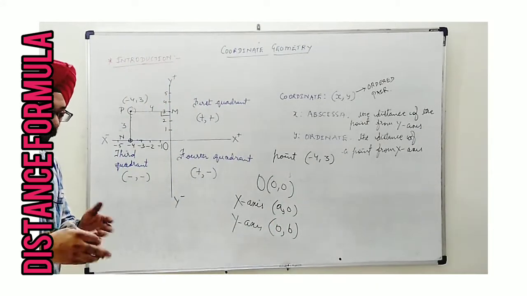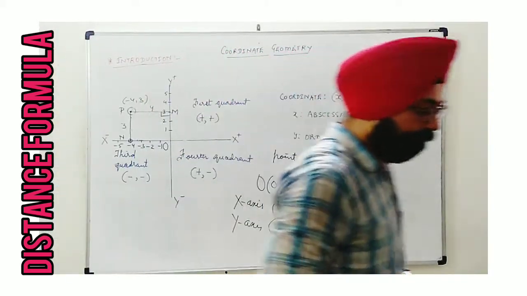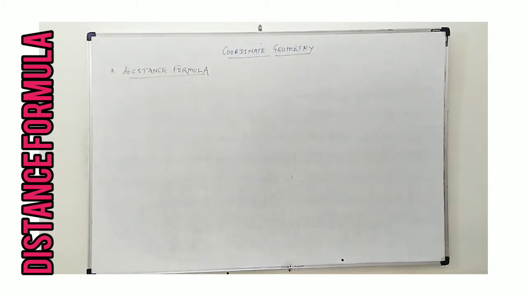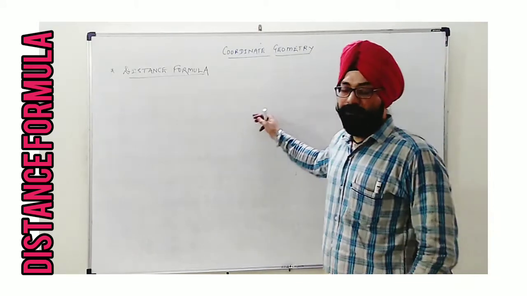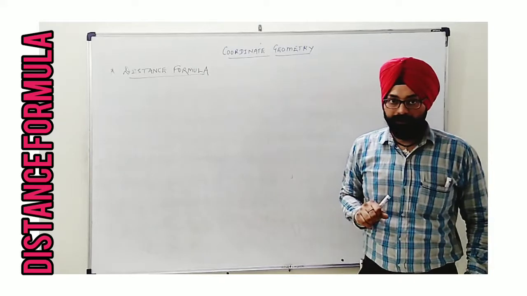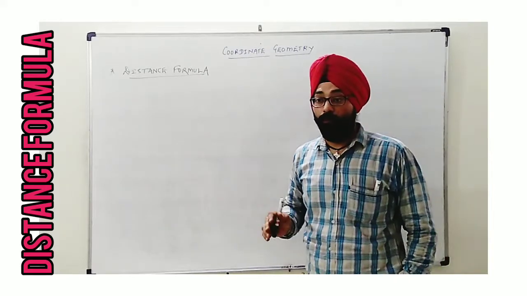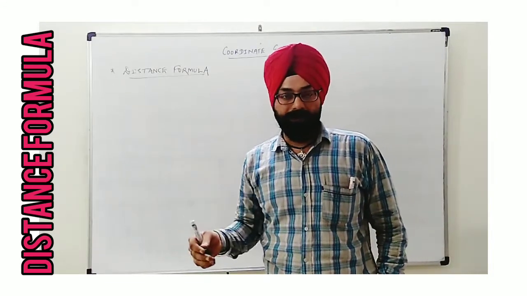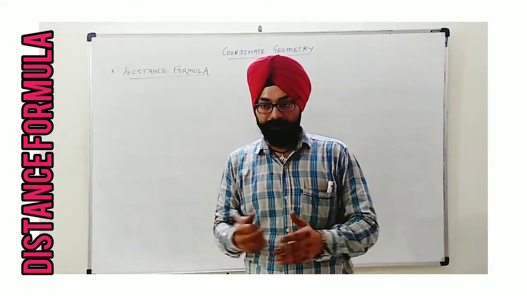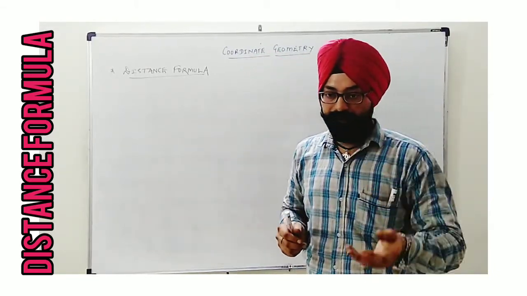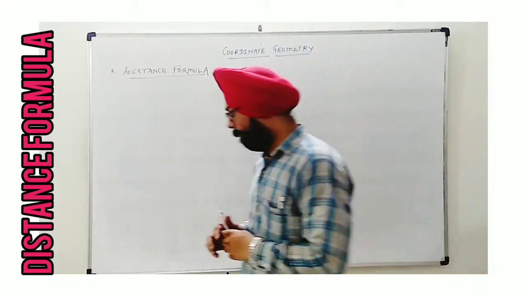Now we will see what is new about it. Let's start. Now, as the first topic this year in 10th standard, we are going to see the distance formula. The distance formula is used to find the distance between 2 points in a coordinate plane. Whenever 2 points are given with their coordinates, then we apply the distance formula. What is the distance formula? How is it derived? This also I will explain.